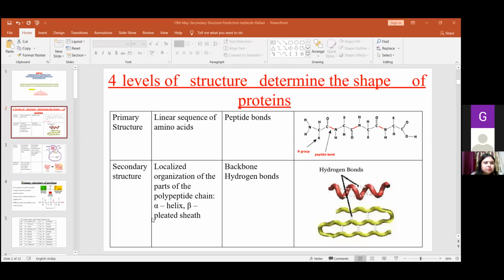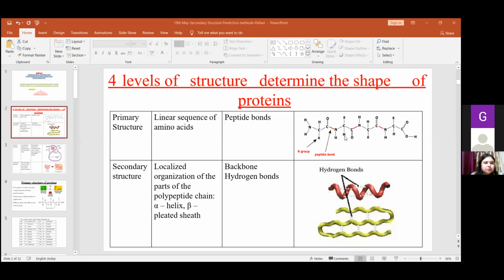When these amino acids fold into specific conformations, you know that amino acids join with each other by means of peptide bond. And what is peptide bond? Peptide bond is a bond which is formed between the carboxylic group of one amino acid and amine group of other amino acids. So this CONH that you are seeing on the screen, this is the peptide bond that links one amino acid with another.